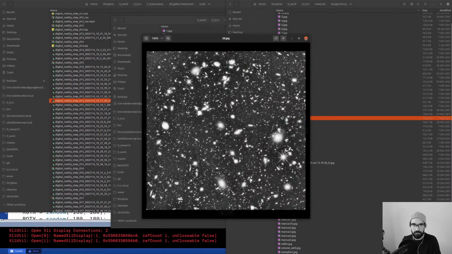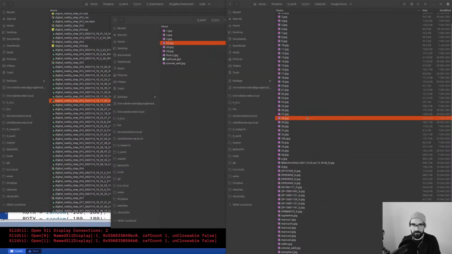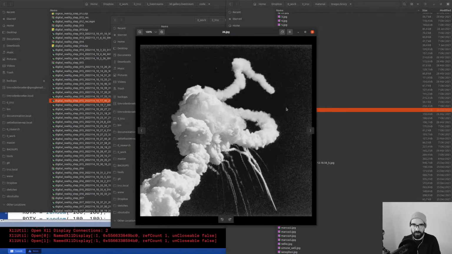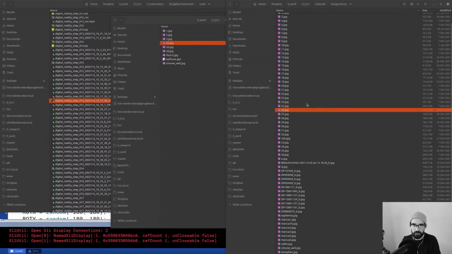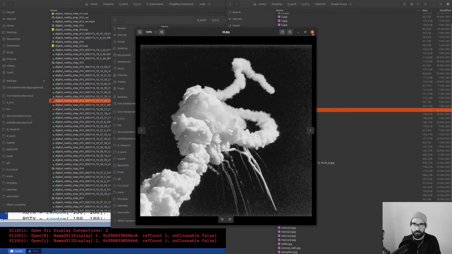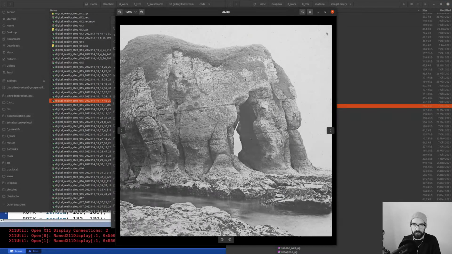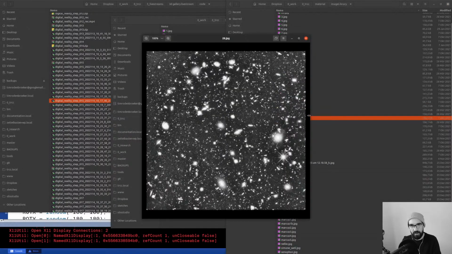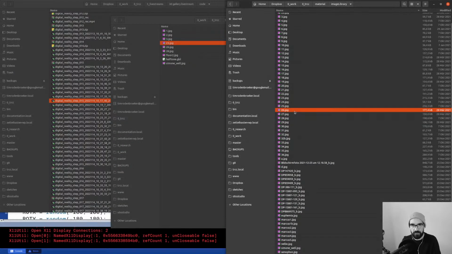So 28 would be also a quite interesting background, I think. Let's switch the background and the foreground again, or the floor and the background. And I see that my whole computer slows down for any reason. I don't know exactly why. 25 could be a good floor, and 28 could be a nice